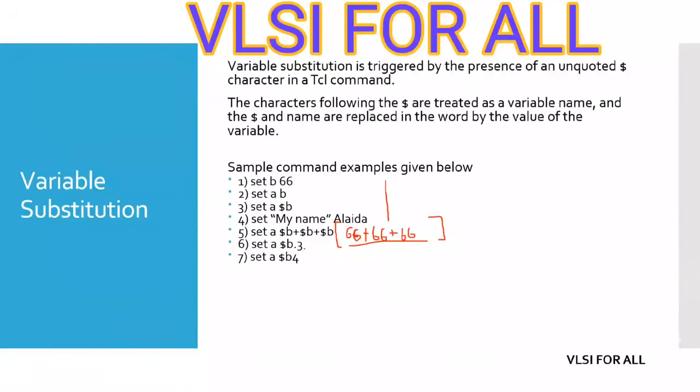That's not right. The answer for 7 is it would throw an error because it tries to apply $B4. It tries to see that this is the variable and check what the value for B4 would be, but there is no variable called B4. There is a variable called E. In other cases there are other expressions in between, but here it would take this entire thing as the variable name and try to fetch the value for B4, but B4 is not set anywhere, so it would throw an error.